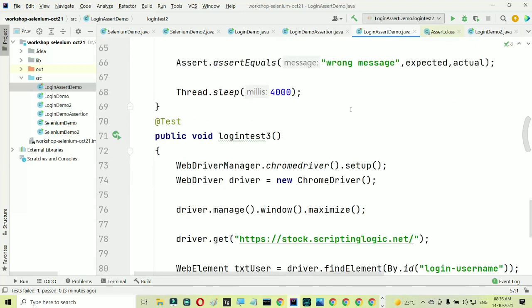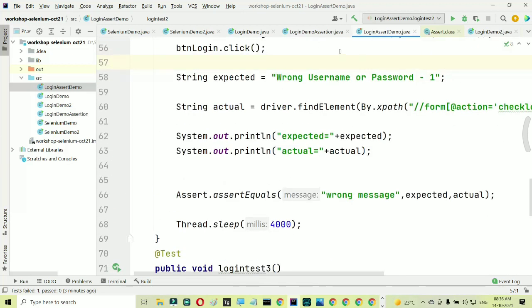Now, the important thing after this, when we actually find any bugs, is to report them. In the reporting part, the main thing is the screenshot. So now we are going to learn how to take the screenshot. There are several types of reports, which we are not going to cover in the workshop, but I'm going to give you a video tutorial on it, with the help of which you can generate the report and put some screenshots inside. But how to take that screenshot, I'm going to show you.